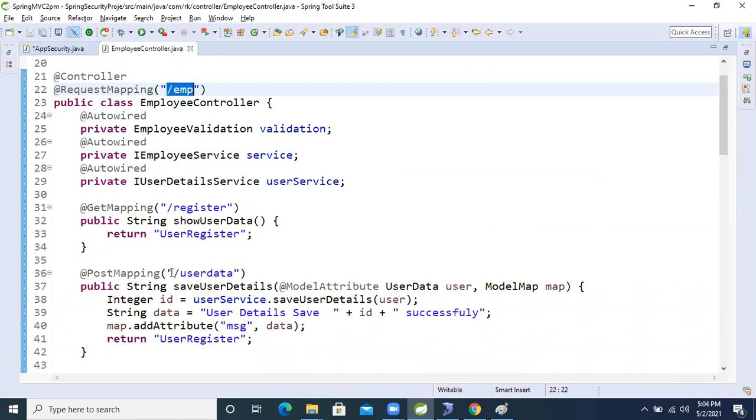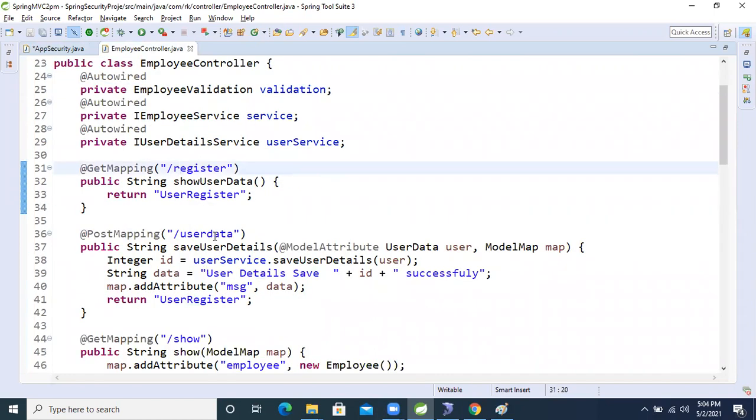Everyone can register and see the user data. Everyone can register, see the register page and see the data.